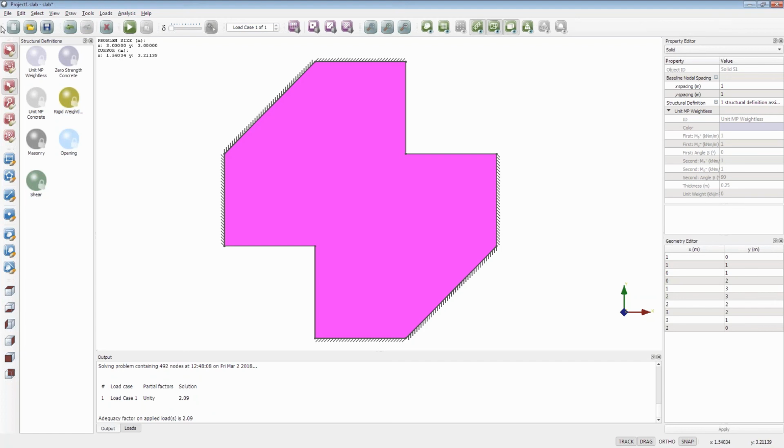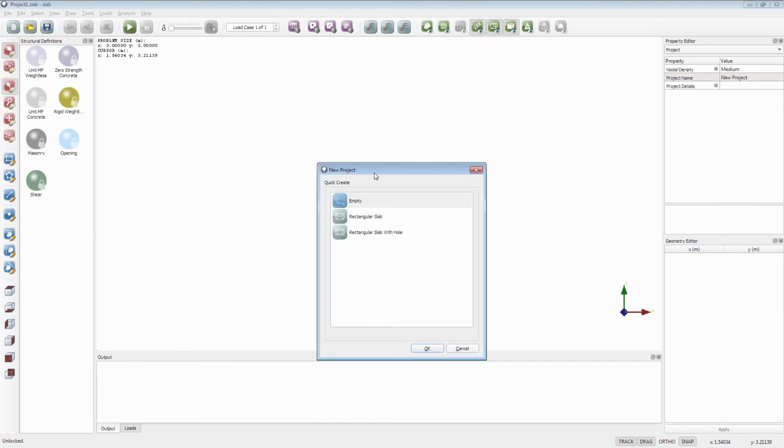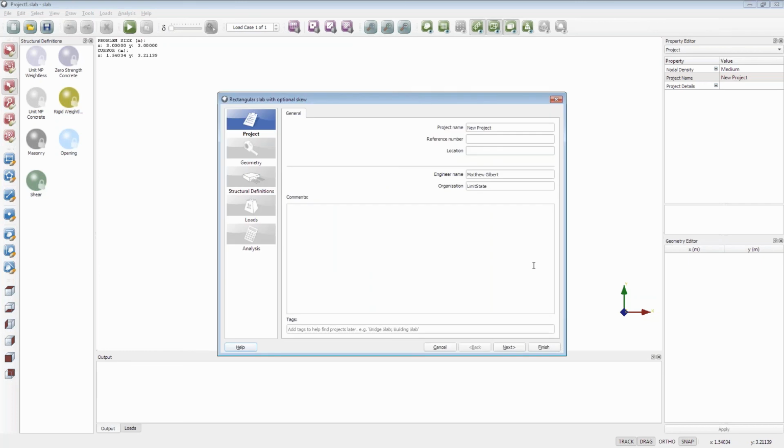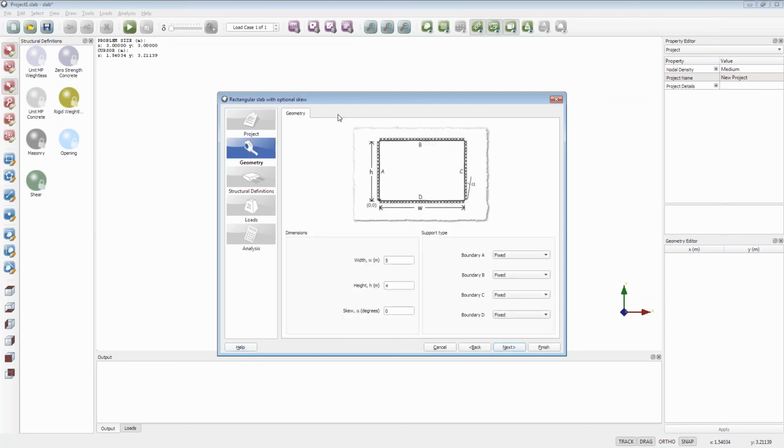We'll go on to looking at the wizards, which are potentially the first entry point into the software. If we create a new project, we have an option to start with an empty project like Matthew demonstrated earlier, and also options to do a rectangular slab or a rectangular slab with a hole. I'm just going to choose a rectangular slab, and we come onto this dialog which has a number of different steps within it: project settings, geometry settings, structural definitions, loads, and so on. For the project we don't need to enter anything, so we'll go on to the interesting part,